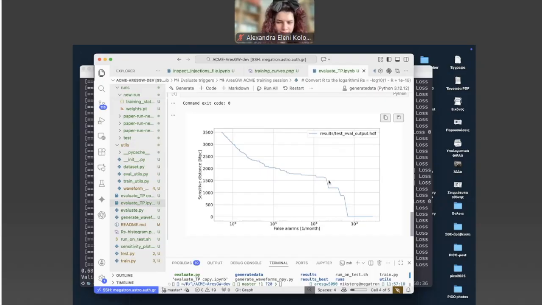But in practice, we want a false alarm rate that is better than a few per year, or maybe a few tenths per year in the worst case, depending also on the astrophysical probability that we calculate.